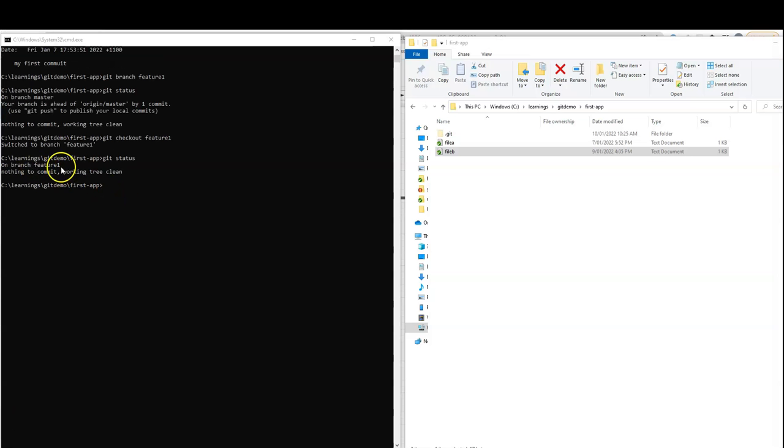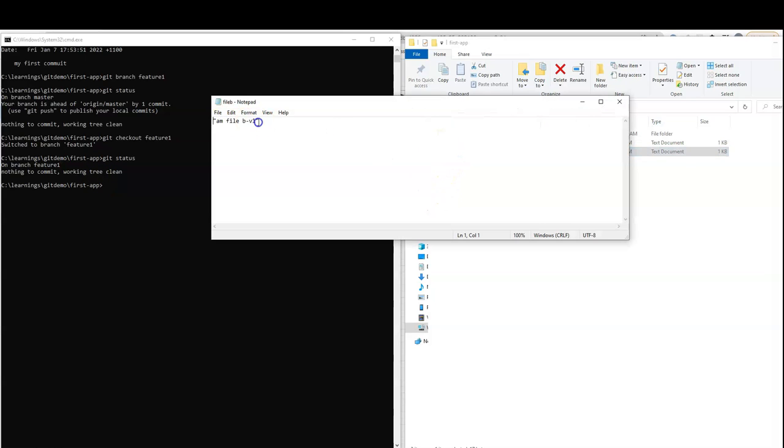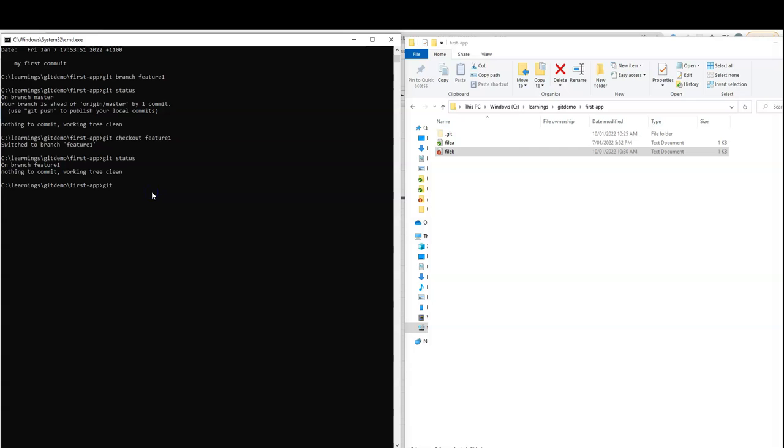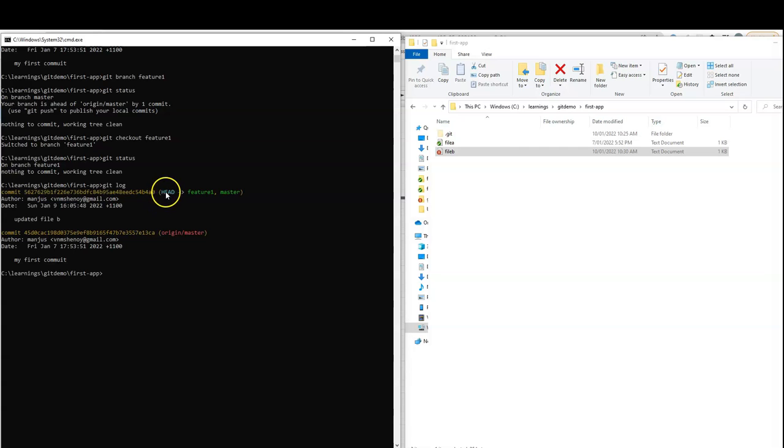So currently I'm in the feature 1 branch. I will go to file B, and I will call it feature, right? I will save it. And if I now go to git log, you can see that the head is pointing to feature 1 and master at this particular commit number, because nothing is committed currently in the feature branch. So now I will do git add file b.txt and git commit -m file b updated in feature branch